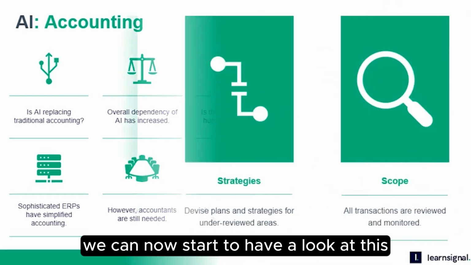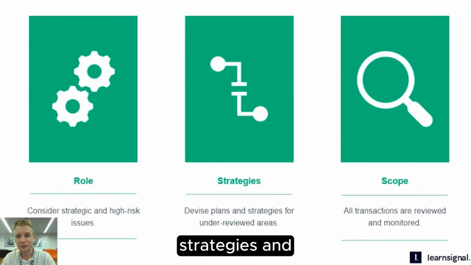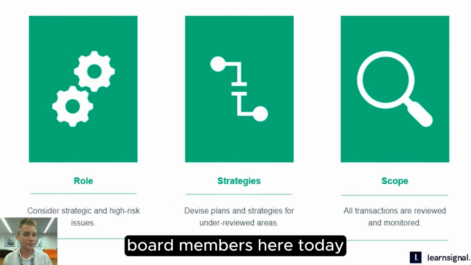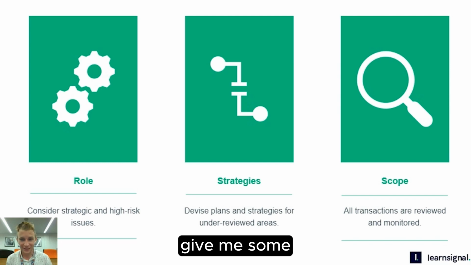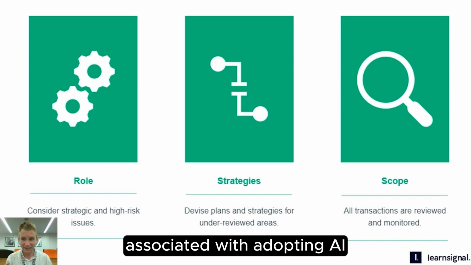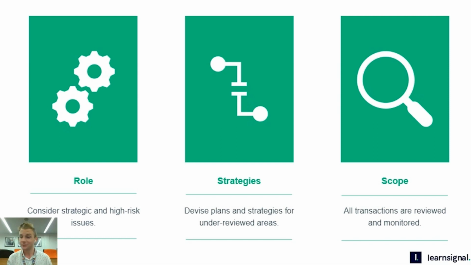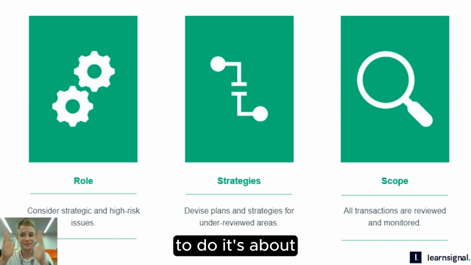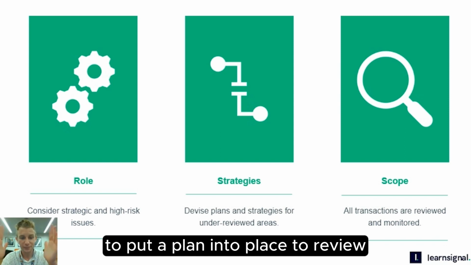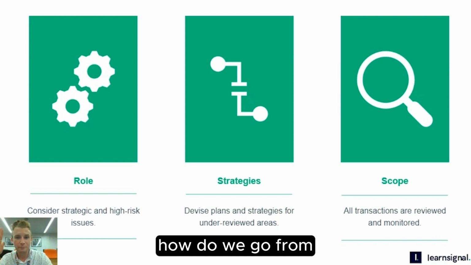So that is where we can now start to have a look at this in terms of roles, strategies, and scope. We're going to have people who are board members here today, people who run their own businesses. You'll be thinking strategically, James, give me some insights into the next year, 3 years, 5 years, 10 years. There are risks associated with adopting AI if you don't implement it correctly. It depends on what your organization actually does. But going away from today, if there was one call to action, it's about setting a strategy out to put a plan into place to review how do we go from, and again, I'll use the example of